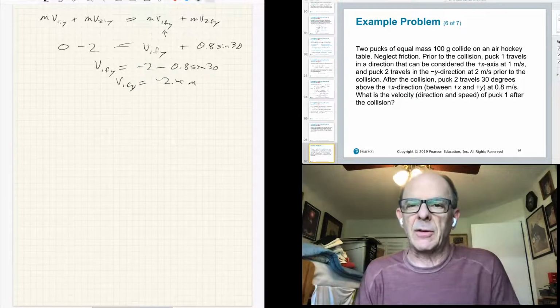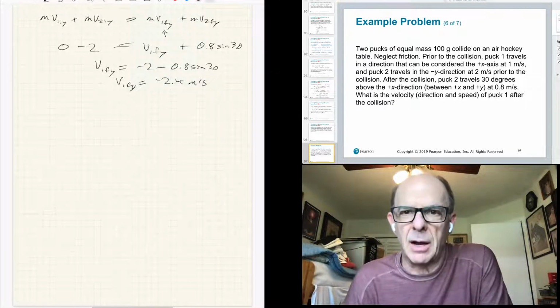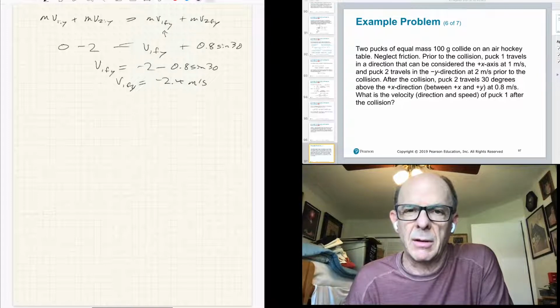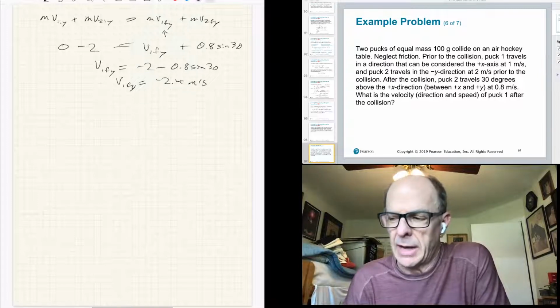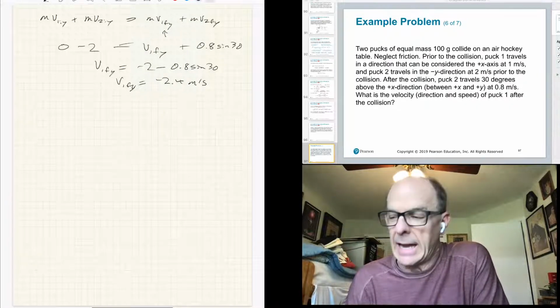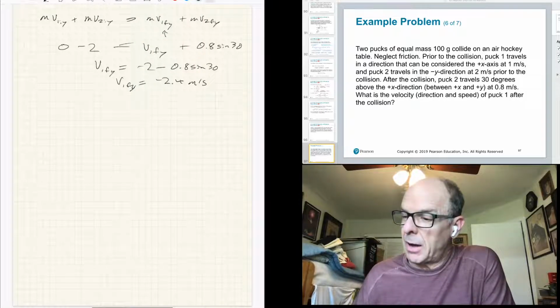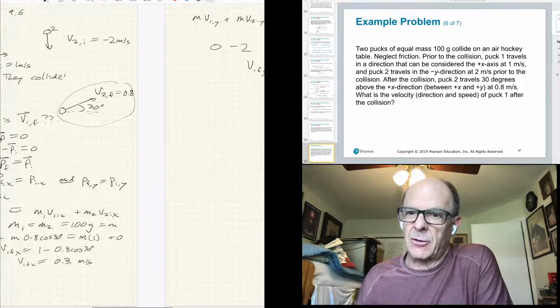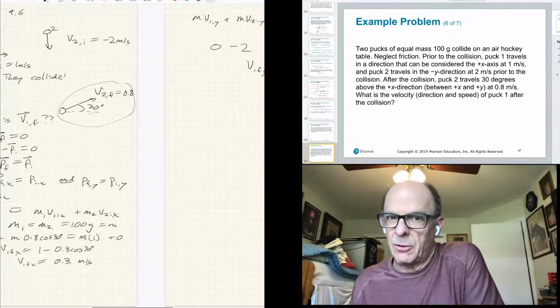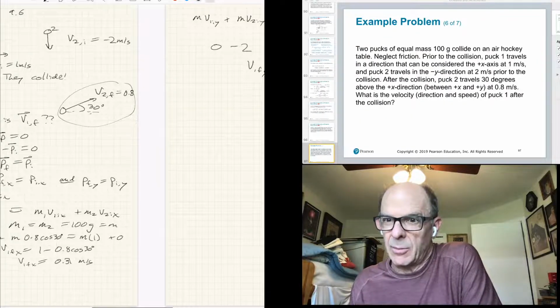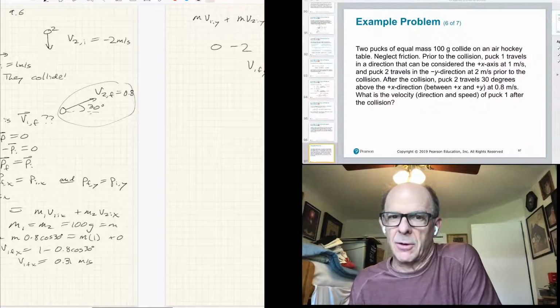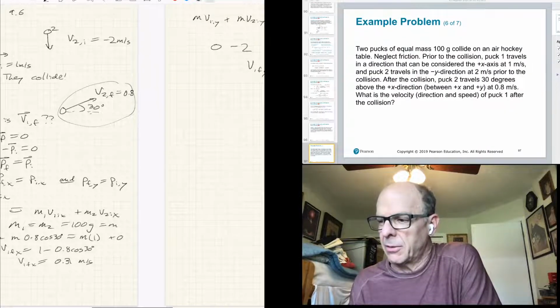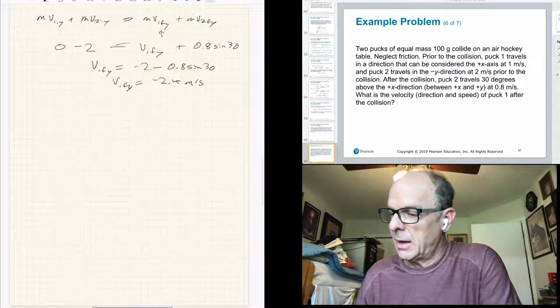Does it make sense that it's a negative number? Yes, because initially everything was either moving to the right or moving down. So at the end, I know that puck 2 is going up, but my total momentum has to be going down. So if puck 2 is going up, puck 1 has to be going very down so that the total momentum is still in the down direction. In any event, I now have